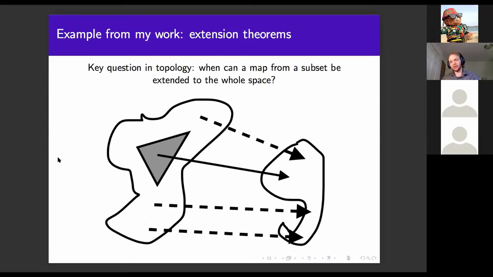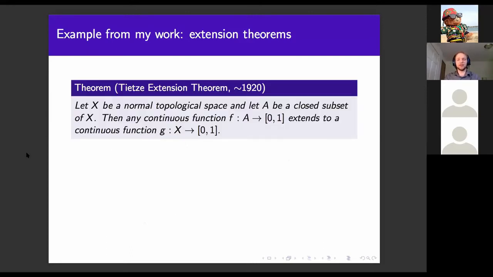I don't know, it's not super obvious whether you can do this in topology. But the answer is that you can in a lot of cases, and the shining example of a theorem of this kind is the Tietze extension theorem, which was proved by various people, but in this current form, I think it's Urysohn who proved it in about 1925. So if you have a normal topological space, if you want to throw away the words normal and topological and just replace them with nice enough, you have my permission. If you have a nice enough space and a nice enough subset of it, then any function can be extended as long as that function goes to [0, 1].